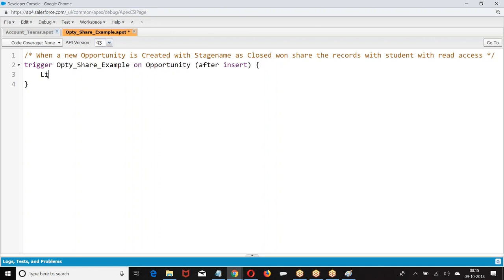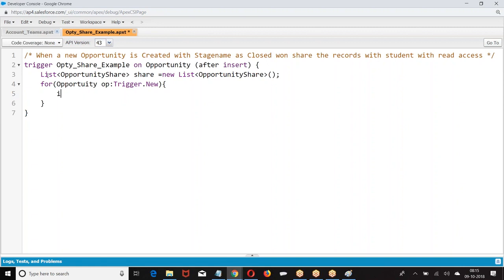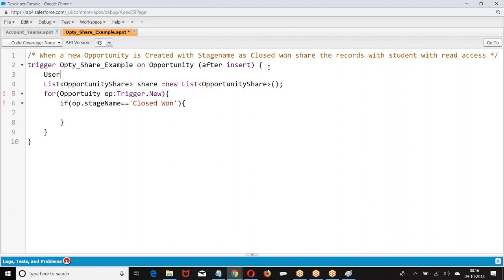So now we are taking list of opportunity, take one by one record, check if opportunity dot stage name equal to closed one. If the stage name of the opportunity is closed one, then I want to share. With whom you want to share?